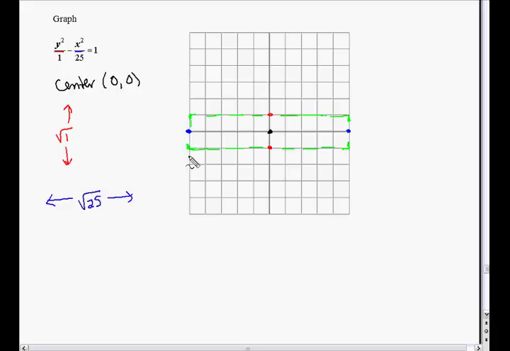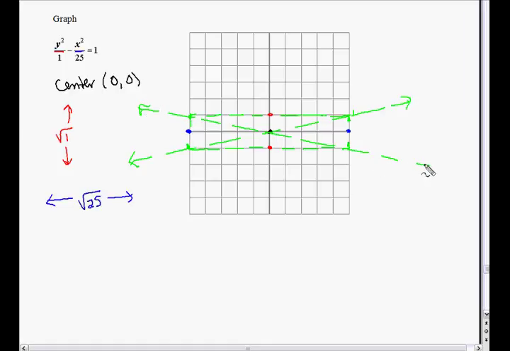And the reason why we need these corners is to put in the asymptotes. The asymptotes are dotted lines. They don't really exist. I almost think about this as doing big minus signs, since this is an equation that has minus. And these asymptotes will help guide the wings, as I call them, of the hyperbola. So you want to make sure that you go right through the center and through the corner of the box